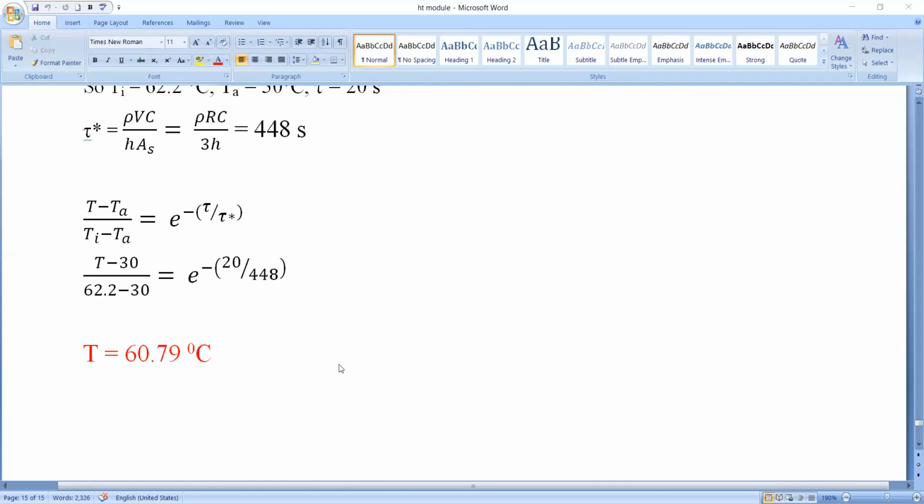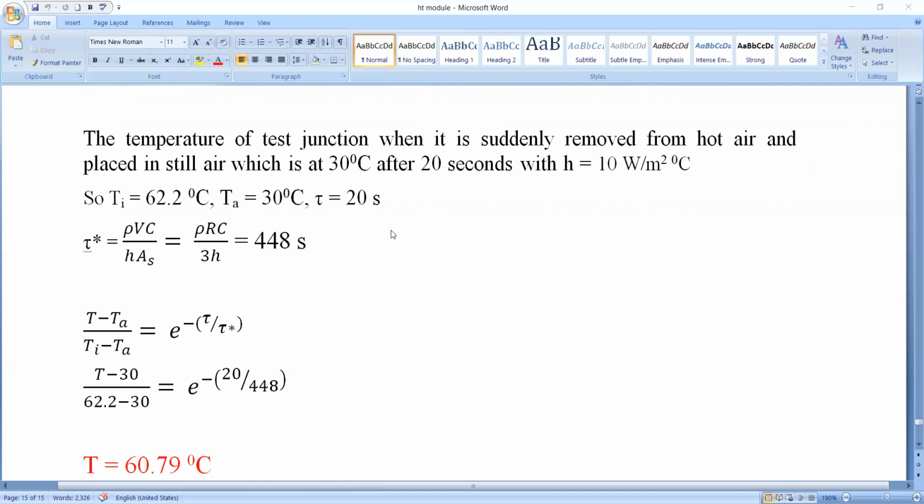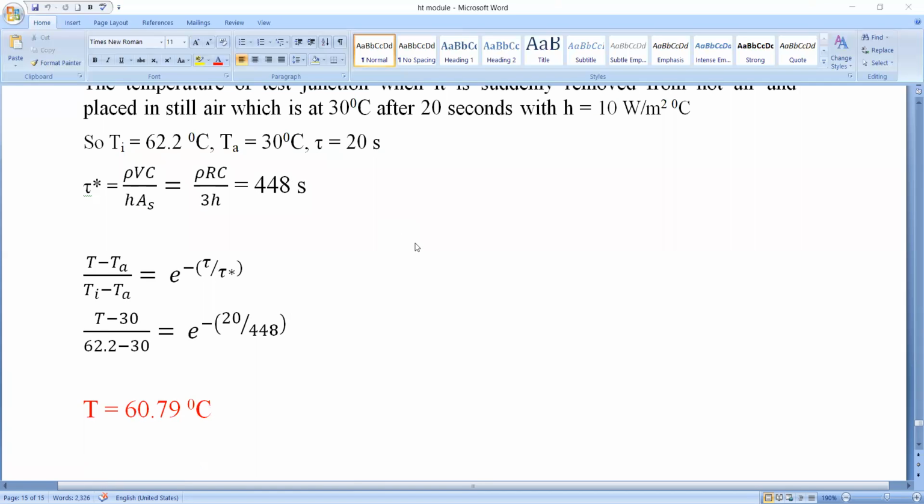Okay, so read the problem carefully and practice it thoroughly. First, see and write down the solution as it is. In the next attempt, without seeing the solution, just try to get this final answer. And if you find any difficulty or confusion as far as the concept is concerned, please put